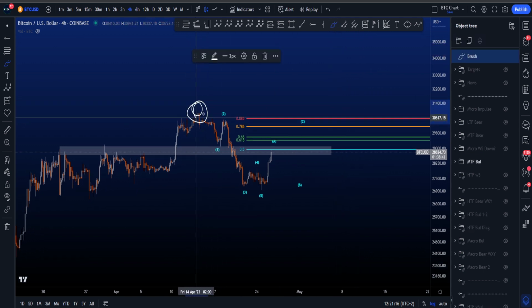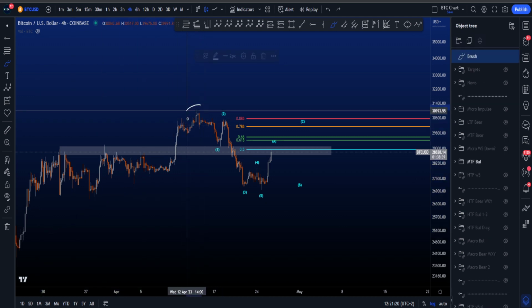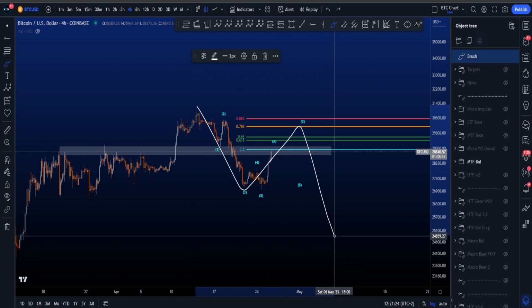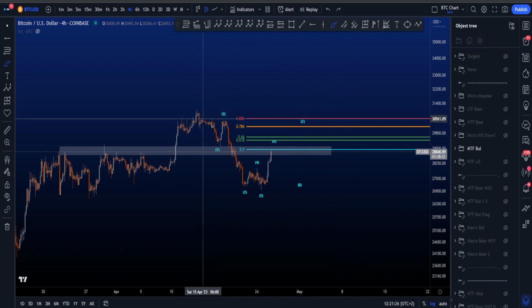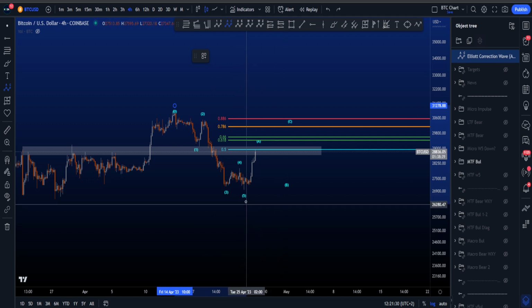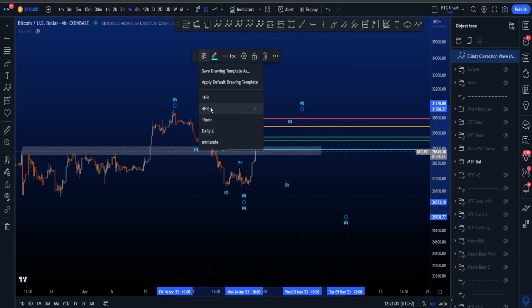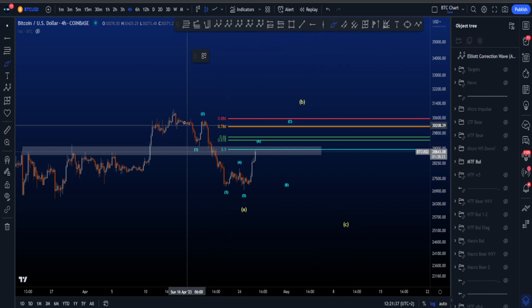is not a wave B high, but this is a wave 5 high of an impulsive move to the upside. This is the end of something, or a wave 3 potentially, and this is a corrective structure to the downside. So in this scenario, we're basically looking for this to be a 5-wave to the downside in a wave A, then we have B, and then we have a wave C to the downside, so a 3-wave corrective structure, where